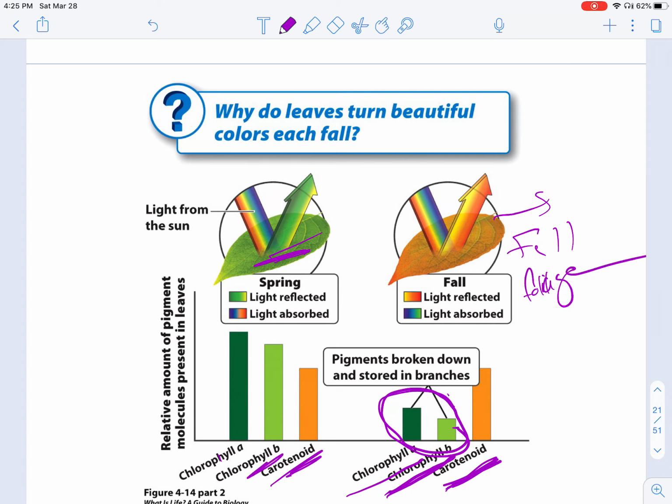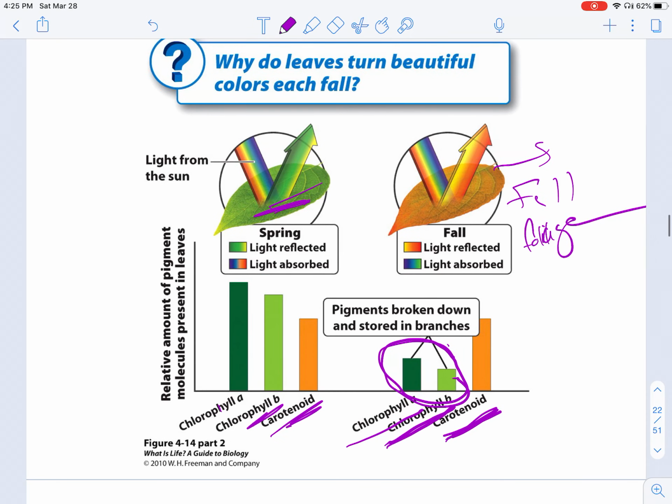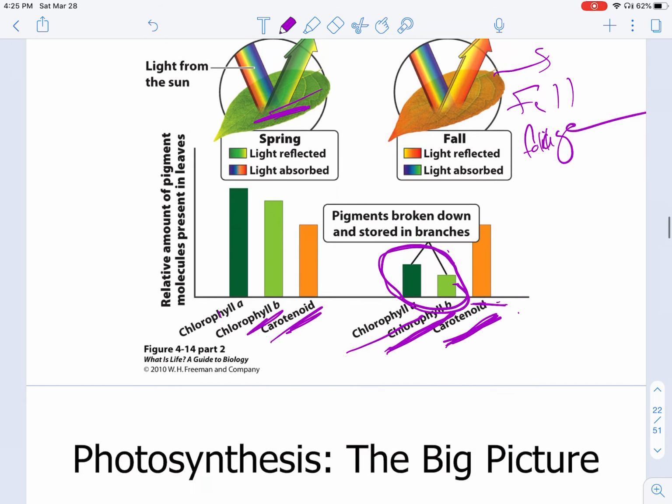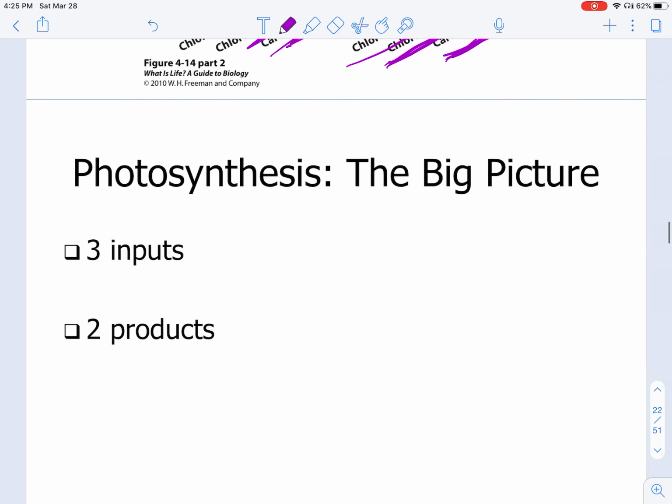But anyway, because of that, right? And so that's simply because you no longer have the chlorophyll in there to absorb the pigments that they used to absorb. And so you're left with the carotenoids, which can only do less work. Okay,